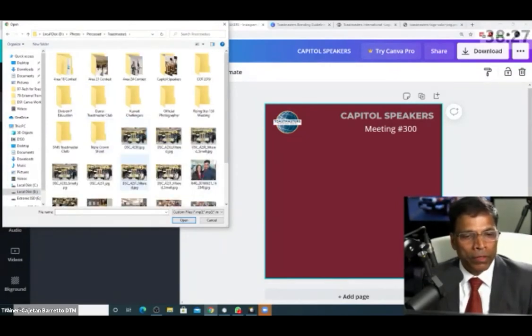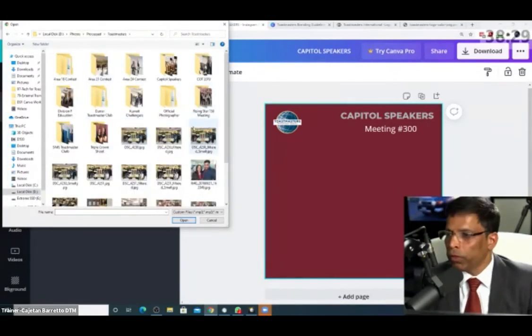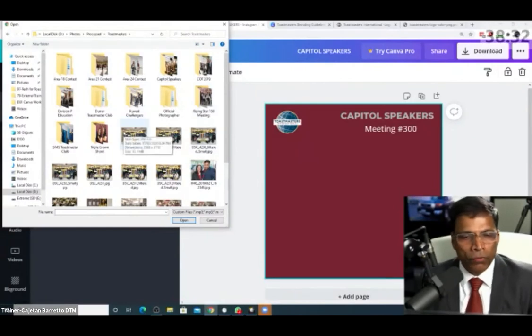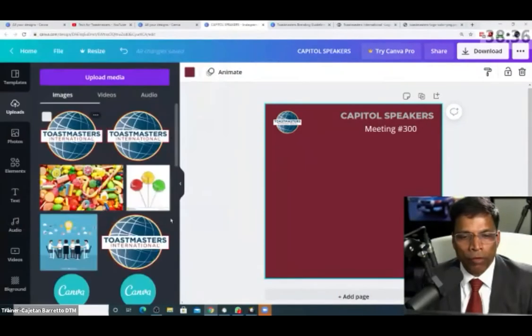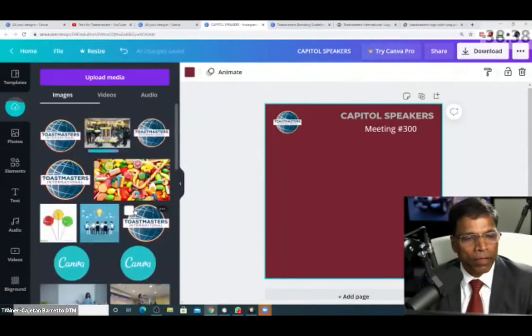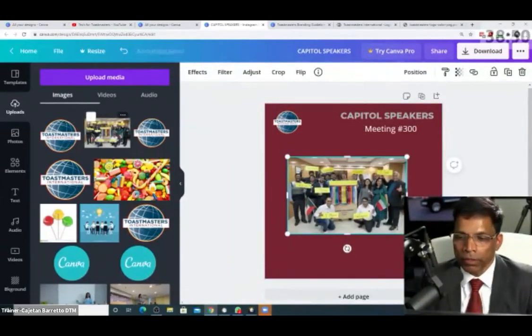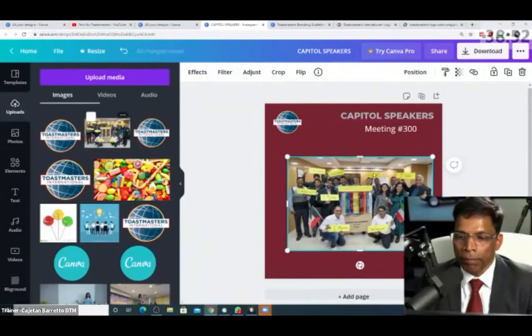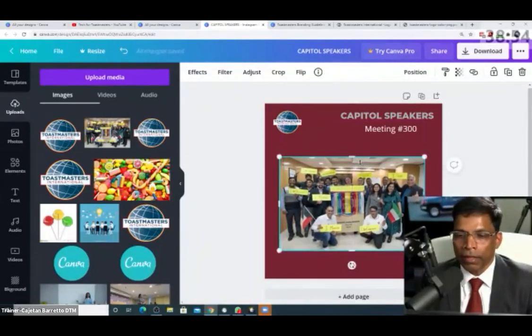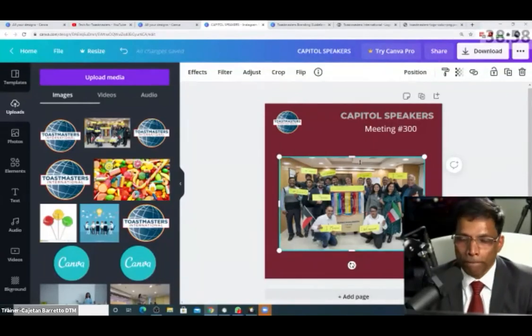I have here a Toastmasters folder where I have all the photos that I take. Let's say I have this photo of one of our meetings, and I click upload, and it comes here in this section. If I click on it and drag and drop it, I have a beautiful poster showing the club members engaged, enthusiastic. That's what I should be aiming for.